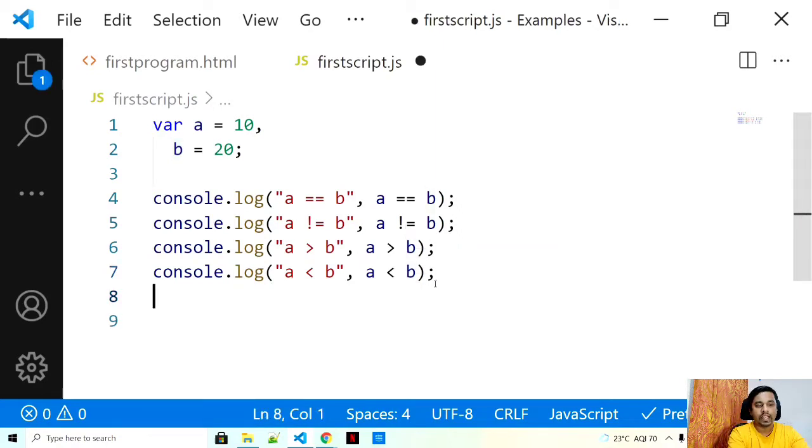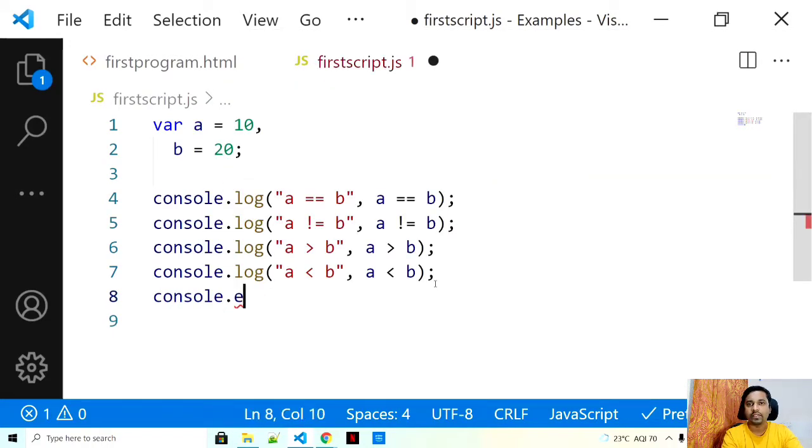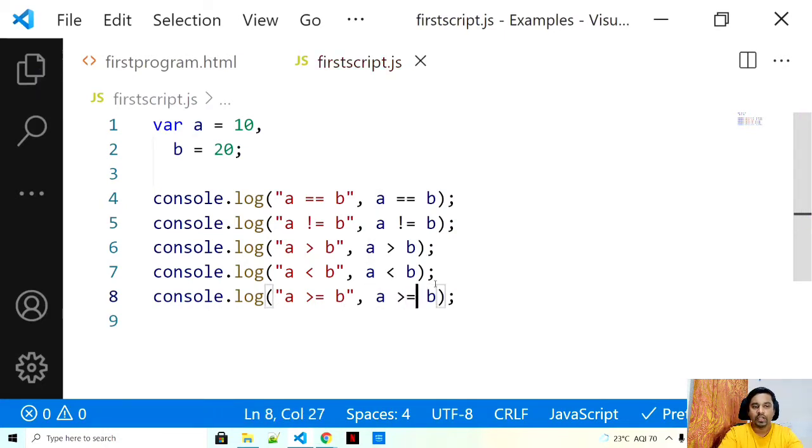There is another thing that we have, that is greater than or equal to. So what do we do over here? Greater than or equal to means we ask two questions. Is it greater than, or is it equal to? The same thing that we did with triple equal to, we are going to do with greater than or equal to. We are again going to ask two questions. One is, is A greater than B? If it is not correct, then okay. But is it equal to B? So it is going to do two checks.